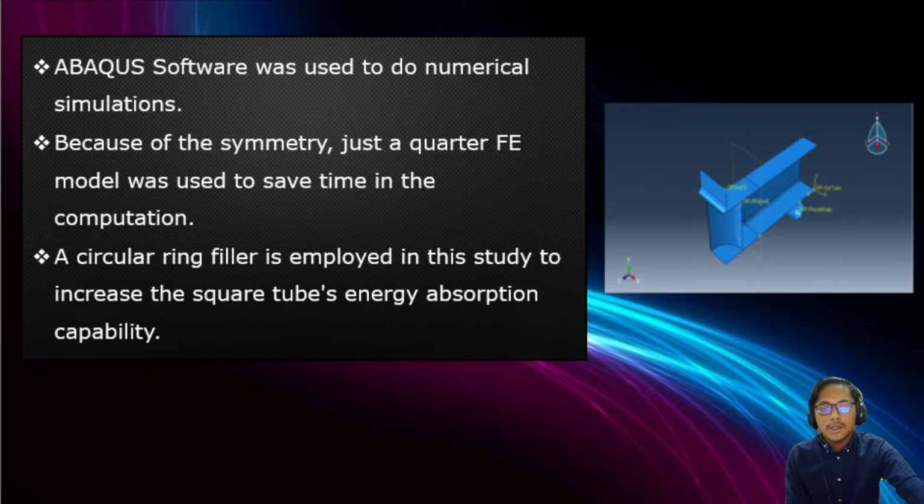The diameter to thickness ratio and the length to thickness ratio of a tube have been found to have a substantial impact on its deformation when subjected to an impact force. Aside from geometrical factors, loading velocity has a considerable influence on the square tube's deformation. The material is also important in assessing the crashworthiness of the thin wall structure. Aluminium alloy is chosen as the square tube material in this study. Many sectors use aluminium alloy thin wall structures because of their high energy absorption efficiency and lightweight structures.